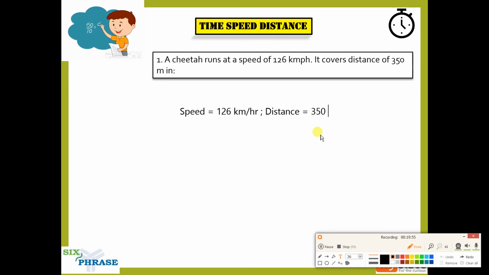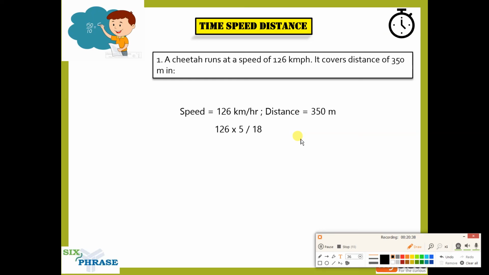The first thing after you write down what is given is to check these units. Look at this. This says meters, guys, but this says kilometers per hour. So obviously you have to change this to kilometers, or change this to meters per second. Any which way will be correct. It's up to you to decide; whichever is comfortable, do it. So I'm going to change this to meters per second, because we'll have to know the time. How do I change it, guys? Into 5 by 18. So 126 into 5 by 18 will give me that.